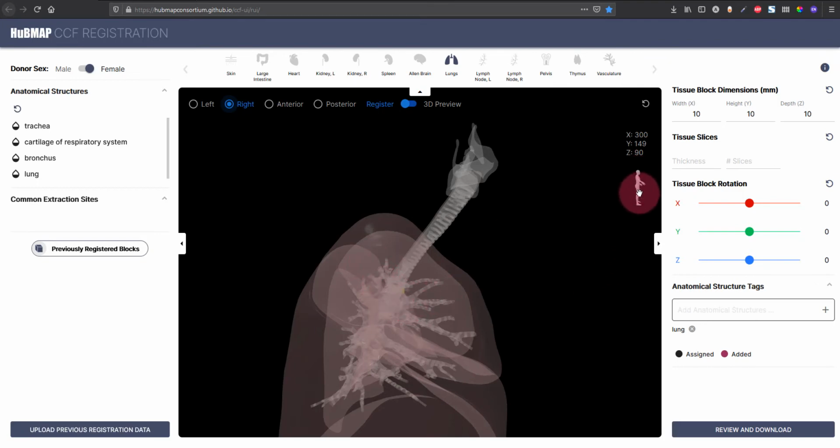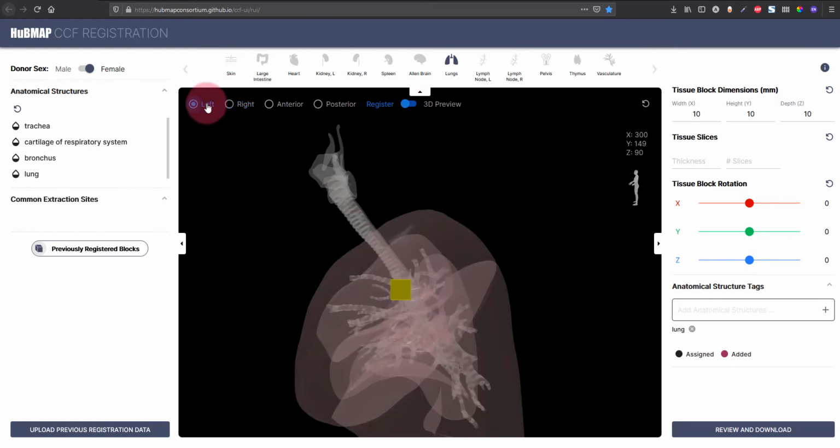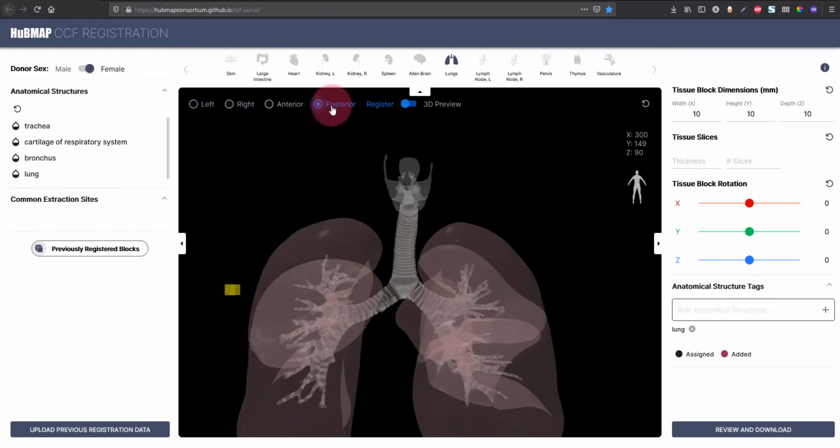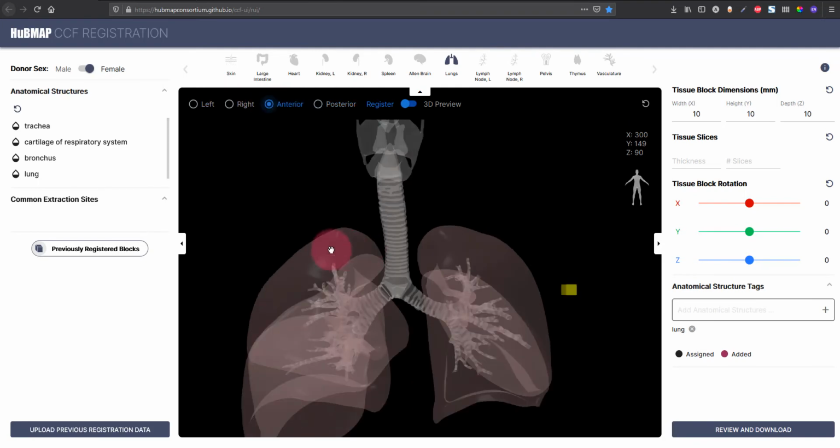We can see also that we are now on the right side of the mannequin. You can also go to the left or to the behind. Here we go. Let's go back to the anterior for now. So this is how you control the camera in order to customize the viewpoint that you have with regards to your organ. So that's a registration mode, and then we have also an overview mode.